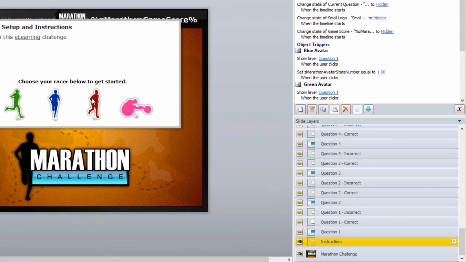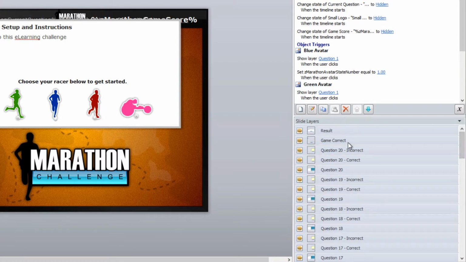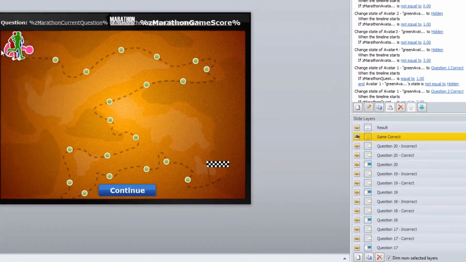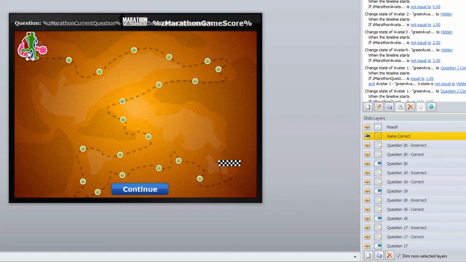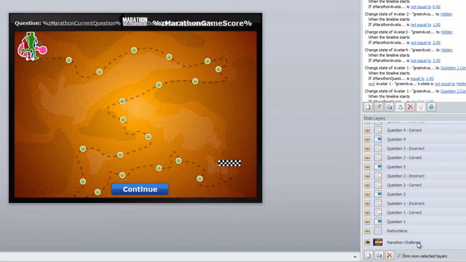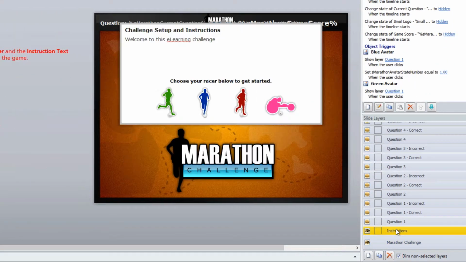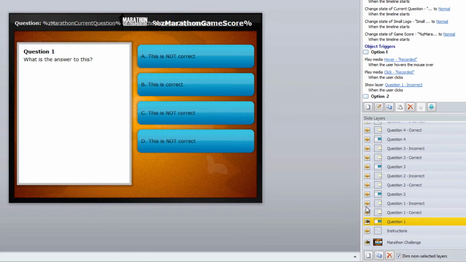If you did want to change it to something else, you would have to change that in the instructions, as well as if I come up here in the game correct section, you'd have to change the icons and all of that as well. So, all right, coming back to the instructions, once I'm done with that,